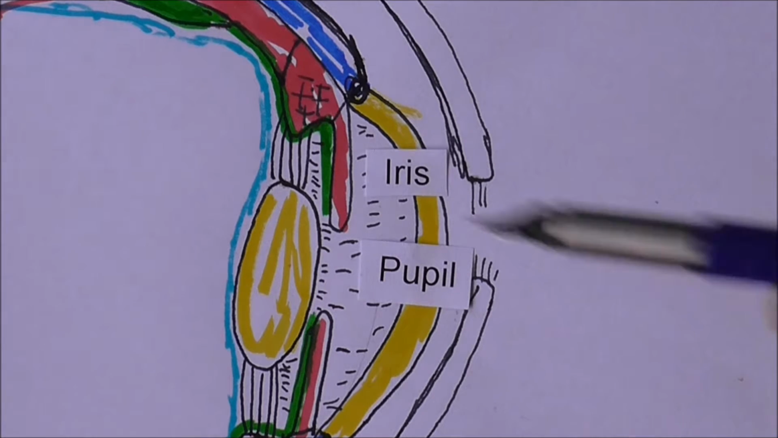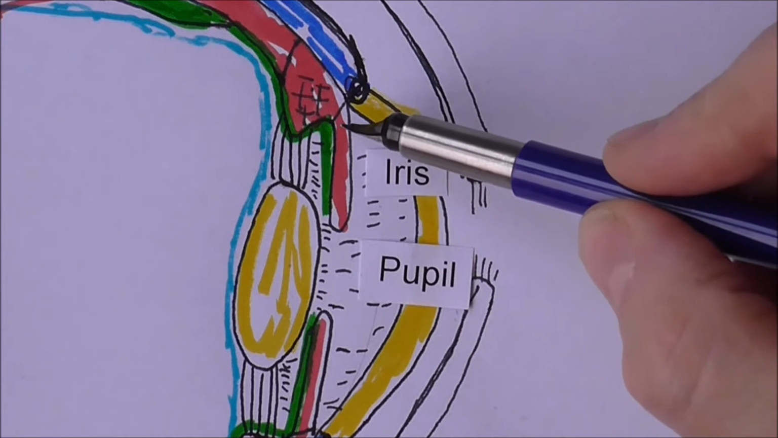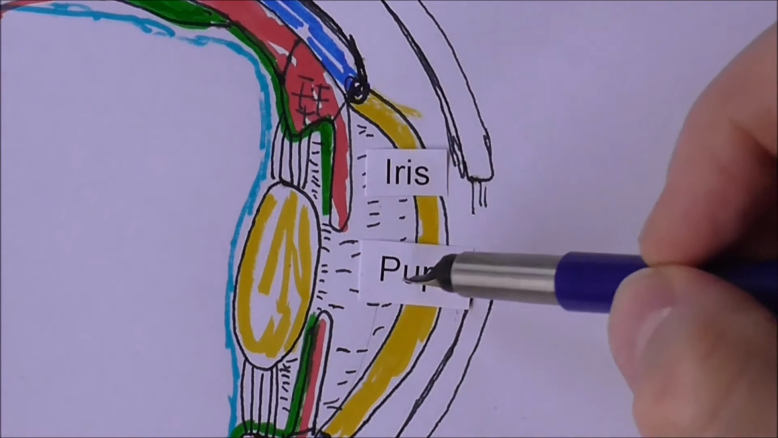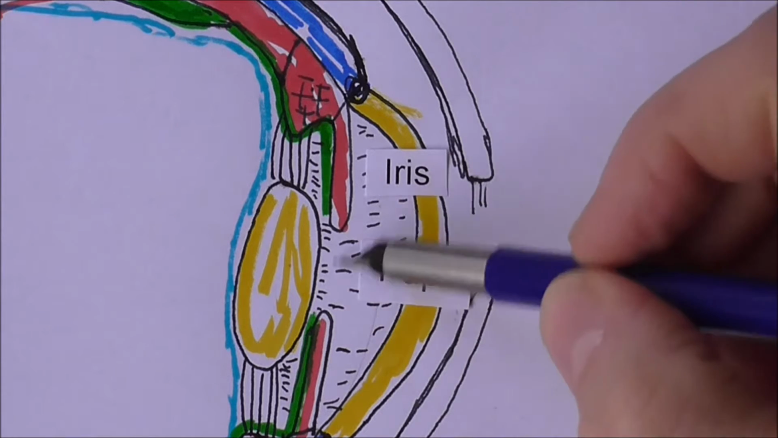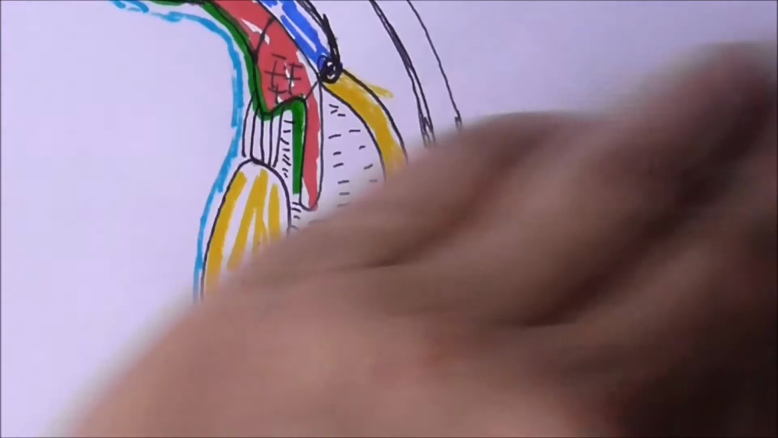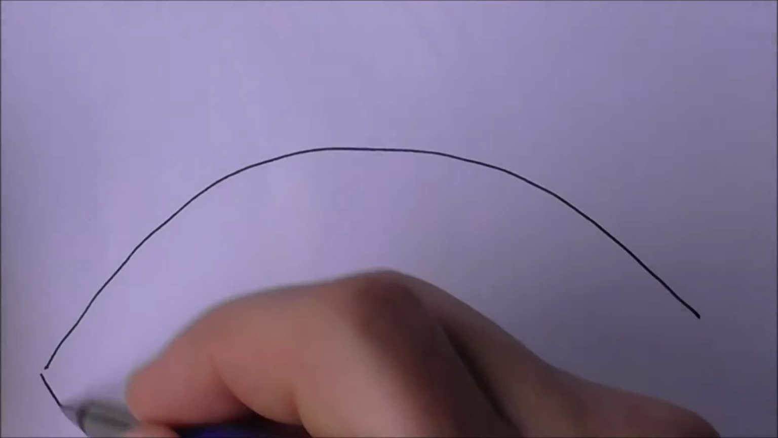So now we're considering the iris, which extends from the ciliary muscles, part of the choroid layer, and the pupil, which is simply the gap in between the iris diaphragm. Now if we look at the eye from the front, here we have roughly an eye. So there we have an eye,